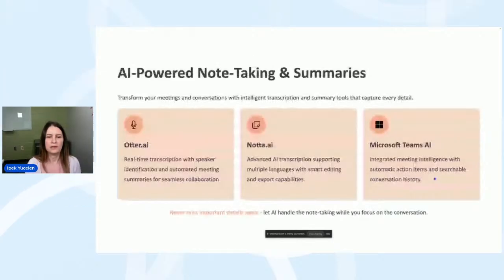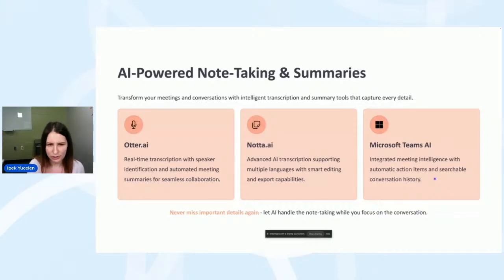Okay, I'm continuing. I think one of the best AI tools are AI-powered note-taking tools and summaries. Essentially, what these tools do is they listen to you, and then they convert your speech, spoken language, to transcription, okay? So they convert it to text, which is amazing. Some examples are Otter AI, Notta AI, and Microsoft Teams AI. Now, what you can do with these tools is limitless. Some students are using those, so you can suggest your students to use it.